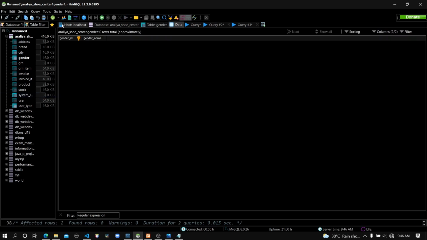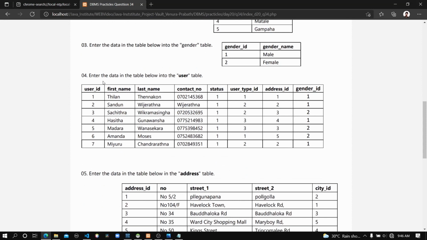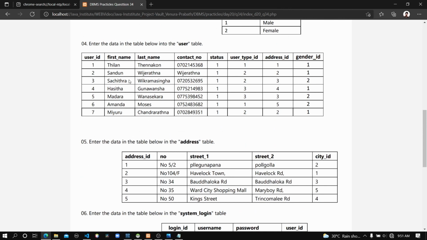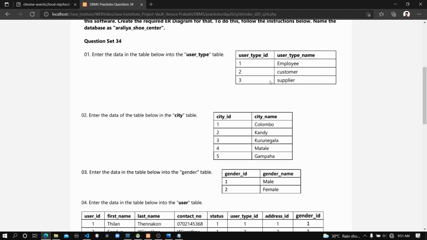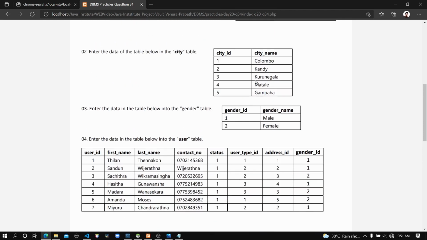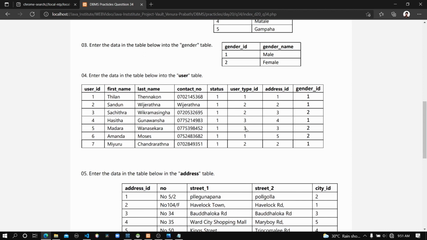Now let's go to the data table and refresh this one. You can see male and female are here. Now let's go to the table here. Okay, this is the 4th one, and you can see these are the details of the users. Here you can see the user type ID. First, number 1 means he is an employee, and second person, Sandun, has user type ID 2. That means he is a customer. So like that we can identify these users separately using this user type,